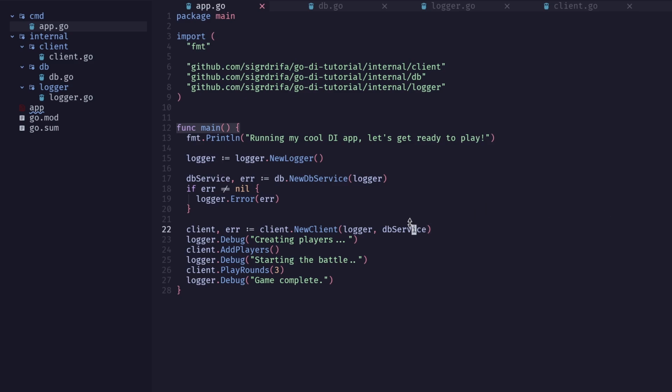In this little example, it's not that powerful because DB service just runs an in-memory map anyway. But most of the time, this would connect to a real database or to a cloud or something that you don't really want to do in a unit test. And so by using dependency injection with the consumer interface pattern, we can actually mock it and pass it in when we need to. So this was just a little introduction.